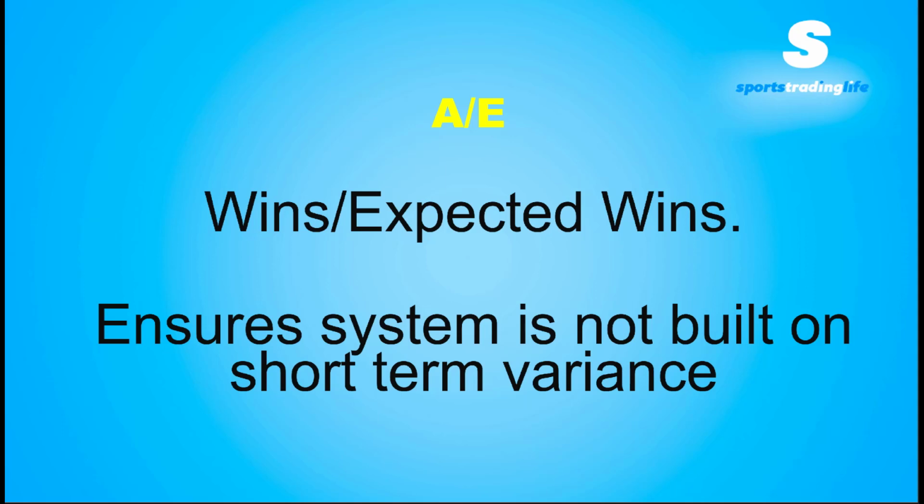It's going to tell us that, hey, do you know what? Your system, it might be in profit, but the expected wins are not quite adding up with the actual wins that we're getting. So if it carries on this way, it's probably going to end up in a negative. And the A&E is pretty simple. We're just looking for a score above 1 and ideally above 1.05 being most optimal.